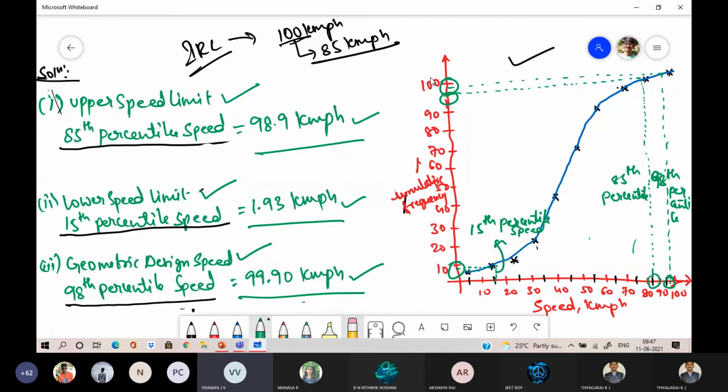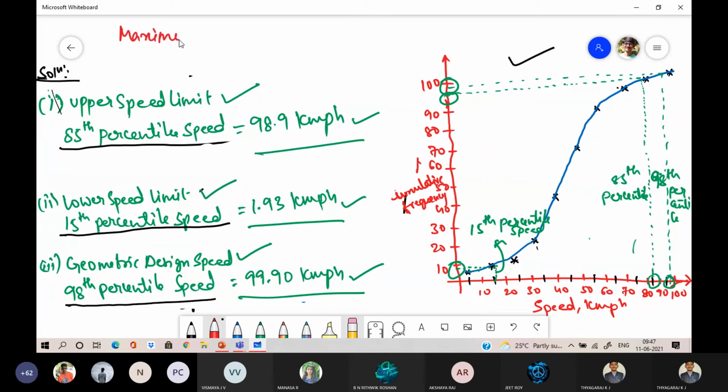Okay. Today's problems understood, right? Both the problems, have you understood? Yes, sir. You should carefully observe the question, how they will be asking. Sometimes they will be asking for the maximum number of vehicles. Likewise, they are going to ask. So that graph will look like this.